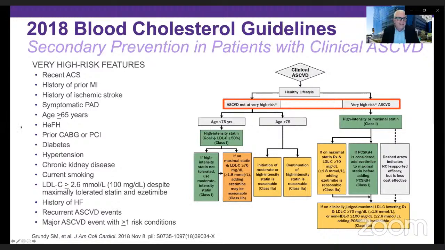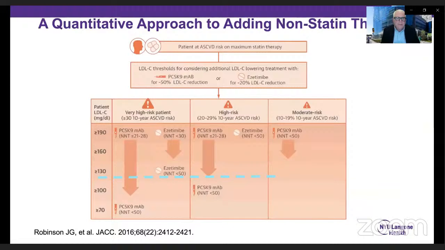And recent data actually has suggested that if you look at patients with ASCVD, almost 90% of them will have either 2 of these or 1 of these and 2 of these. And so this makes up the majority of patients with ASCVD. Most of these patients are very high risk. And in our current guidelines, aggressive LDL lowering is warranted, not just with statins, but with statins plus ezetimibe. And if the LDL is still above 70, then adding a PCSK9